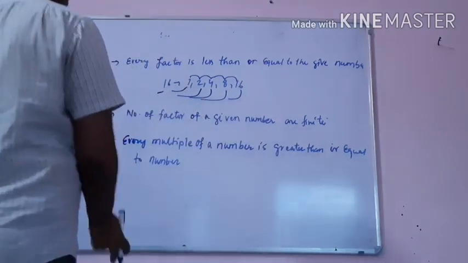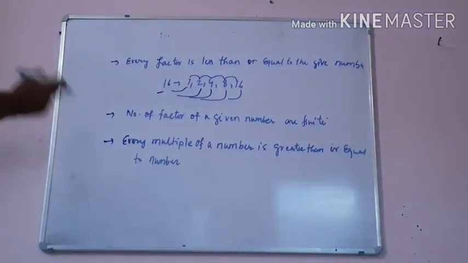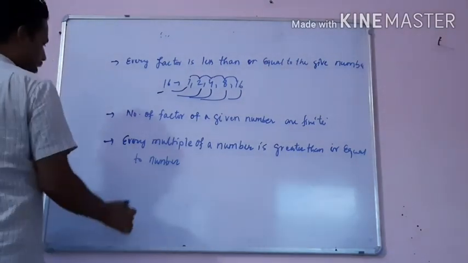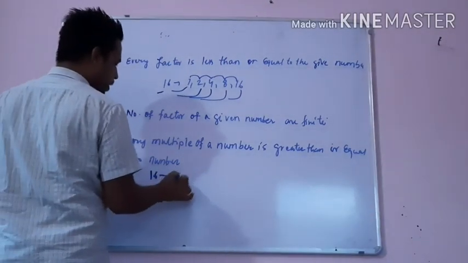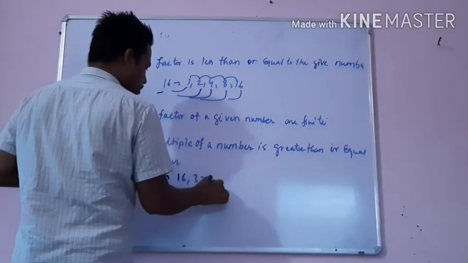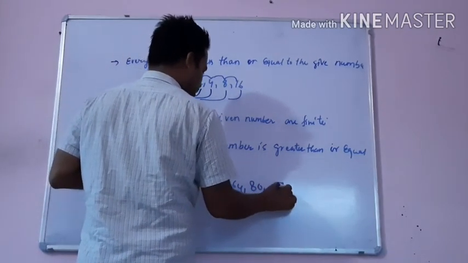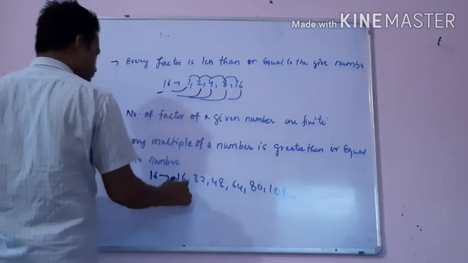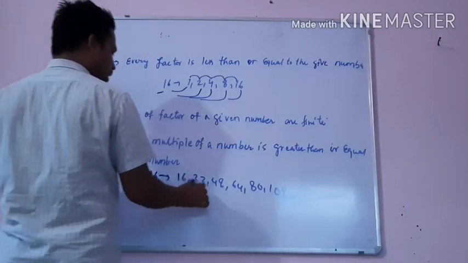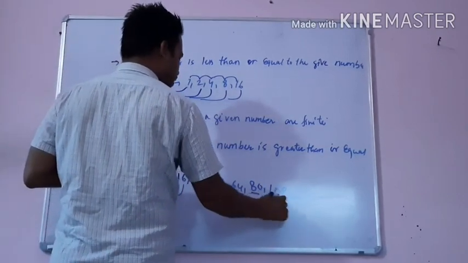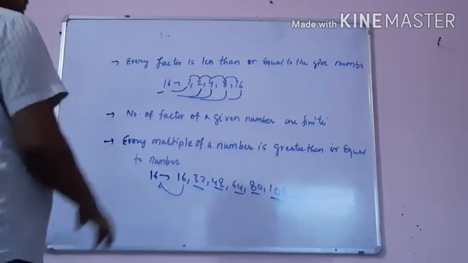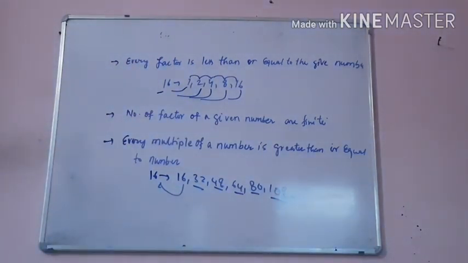Every multiple of a number is greater than or equal to the number. Suppose I am writing the multiples of 16: 16, 32, 48, 64, 80, 96, and so on. So 16 is equal to 16, but 32, 48, 64, 80, 96 and the remaining multiples of 16 are greater